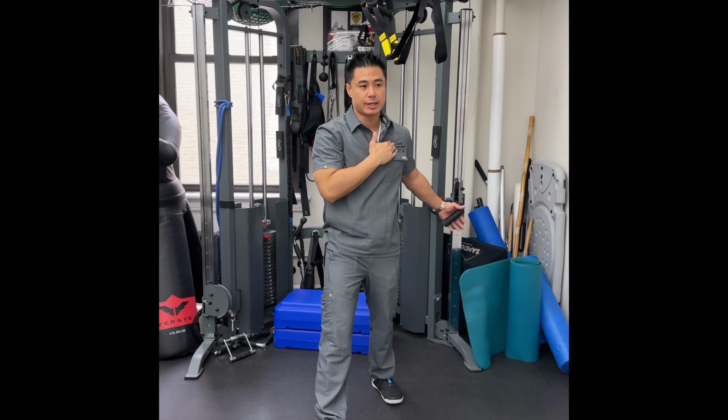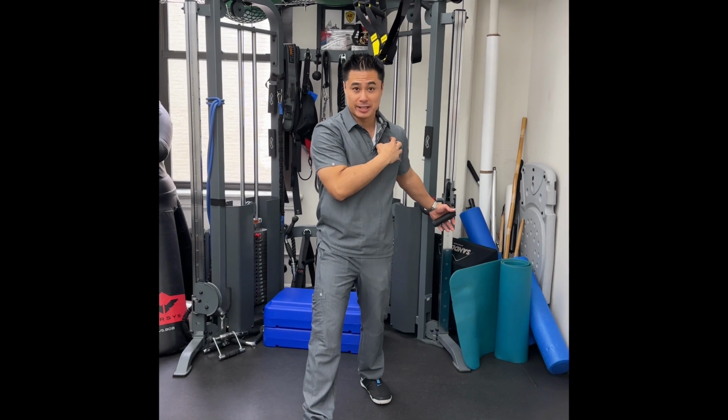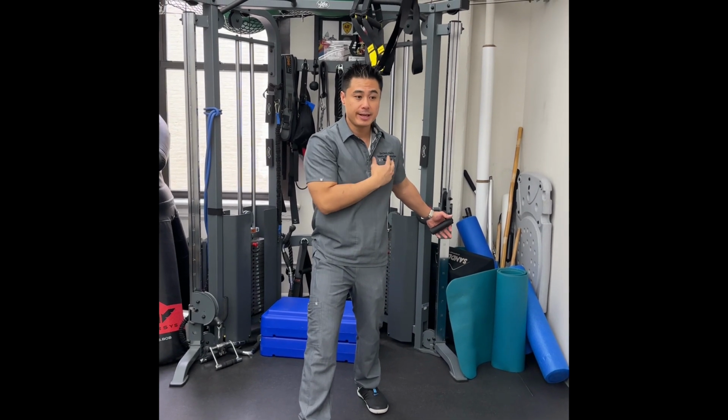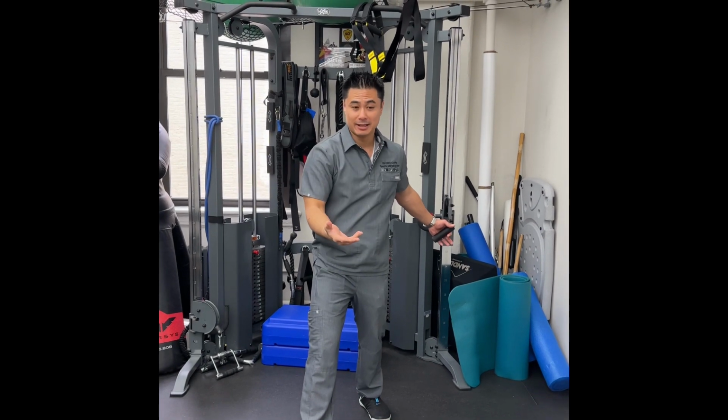Here's a great way to stretch it. So now that we're trying to isolate the pecs, again, your pecs being tight and shortened doesn't mean it's strong, it actually means it's weaker. So we want to rehab it now to get you back into your normal routine or your normal sport activity,